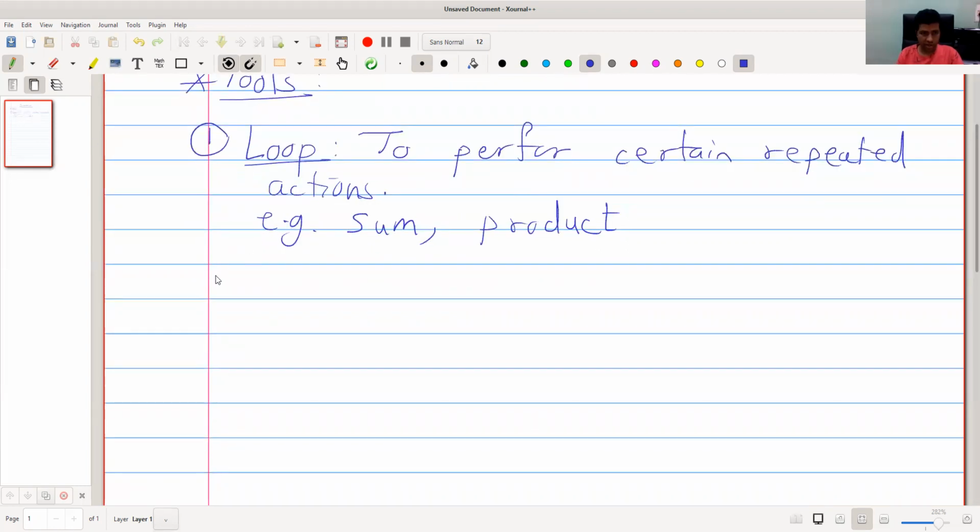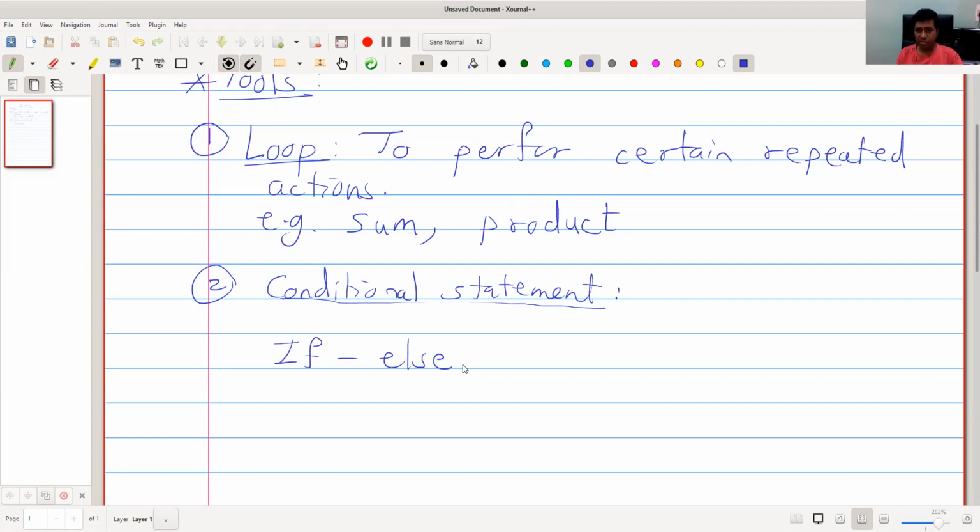And the second thing is conditional statement. Frequently used thing is if else. So if we have certain condition, for example, I'm providing very simple examples.